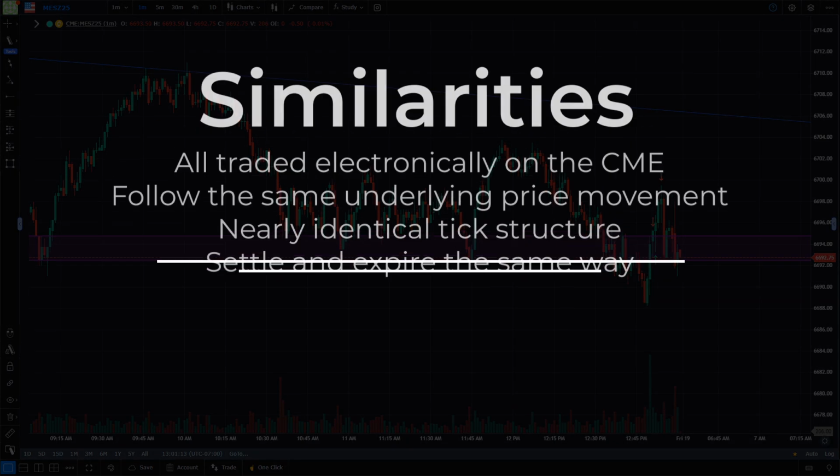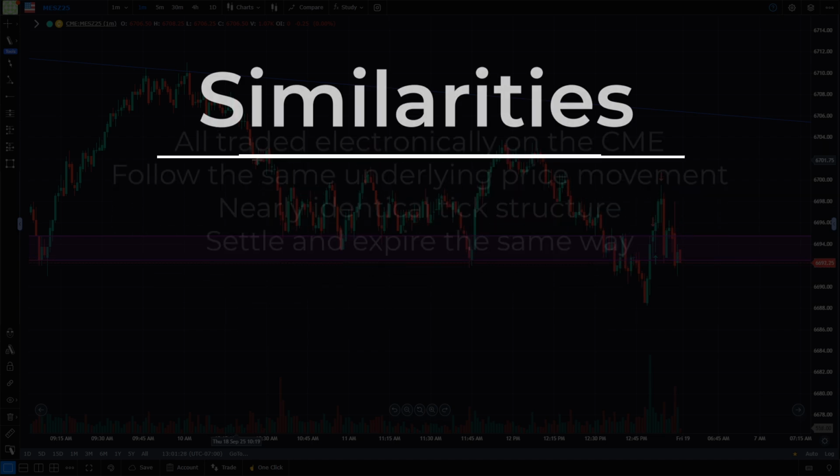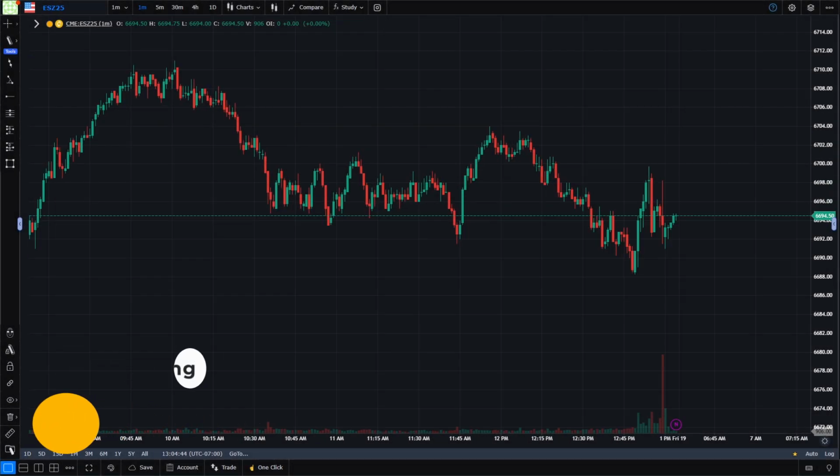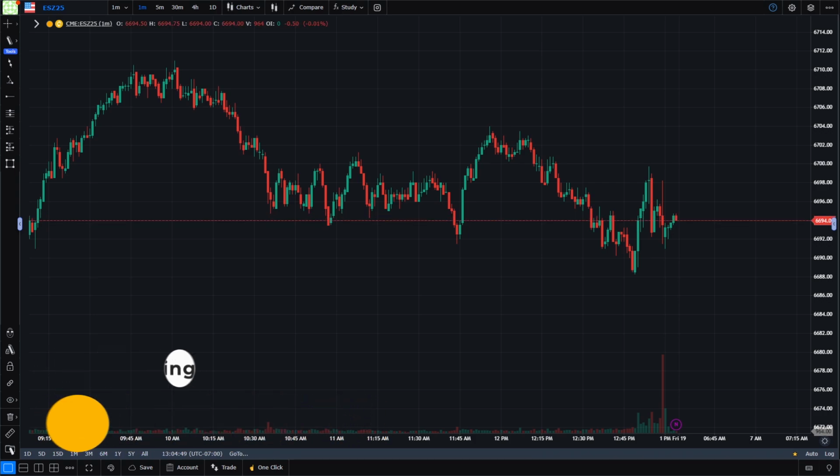So first we'll go over the similarities of these. They're all electronically traded on the Chicago Mercantile Exchange. They all follow the same underlying price movement. They all have near identical tick structure, just different dollar values, and they all settle and expire the same way. Even though there's many similarities with these, it's important to understand the key differences, which is going to come from